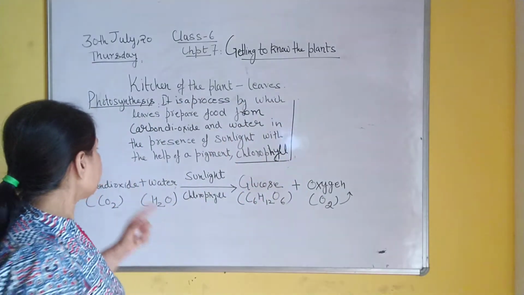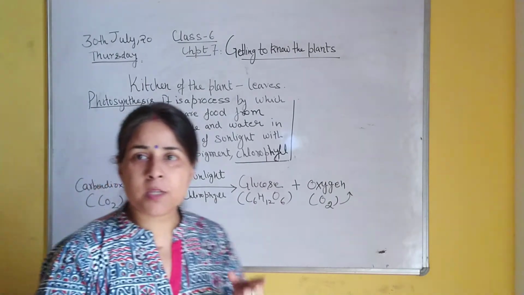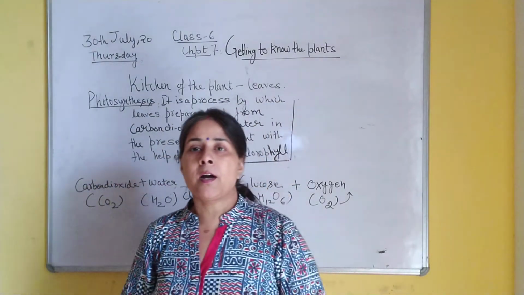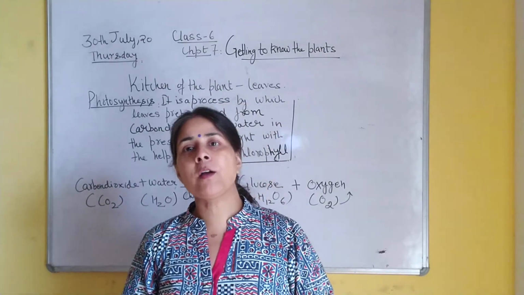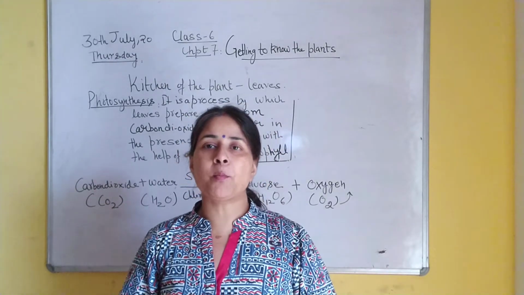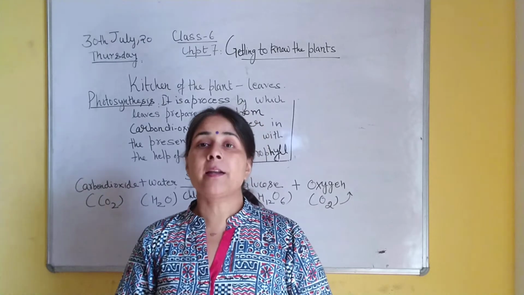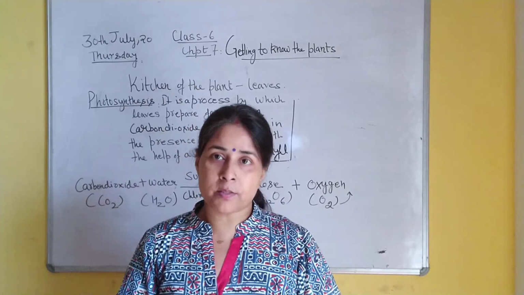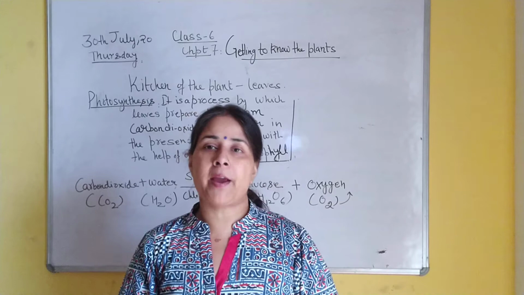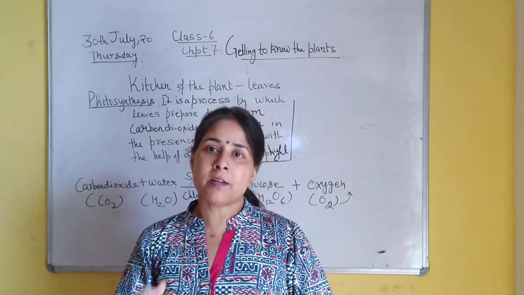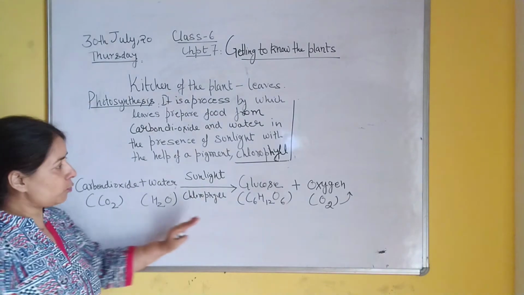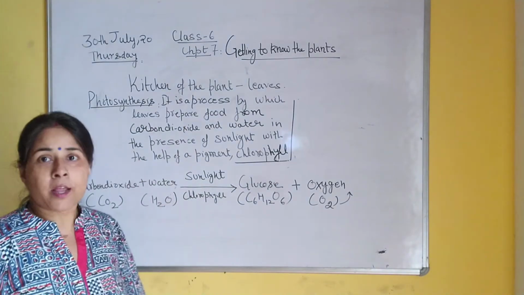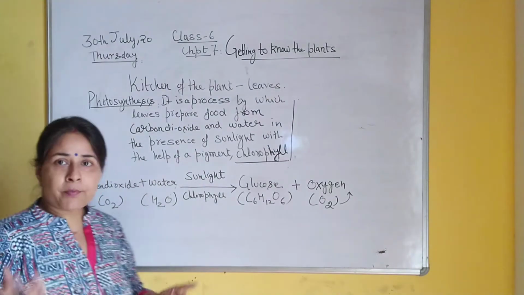So that is why every time you see a tree being cut or plants being taken out, that is very, very wrong. You have to try to plant more and more trees so that the trees give out more oxygen and we get purified air for our respiration. So this is the process, and this process is known as photosynthesis. Now we will just study carbon dioxide.